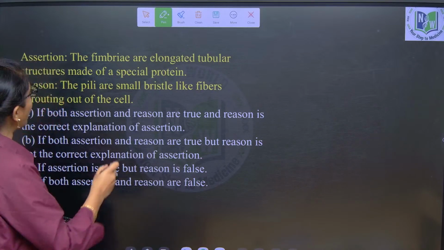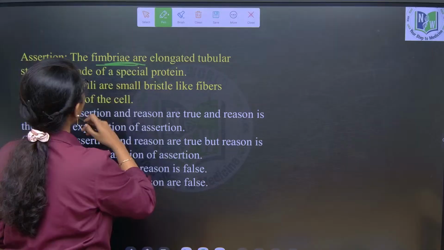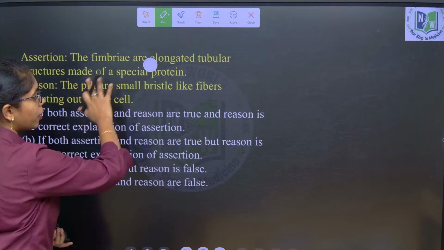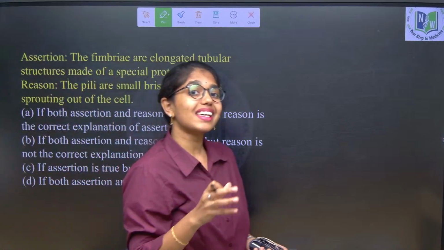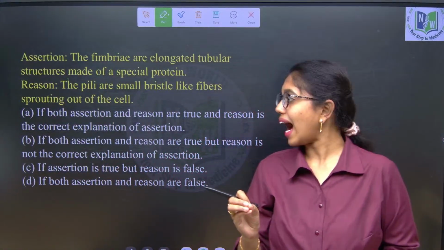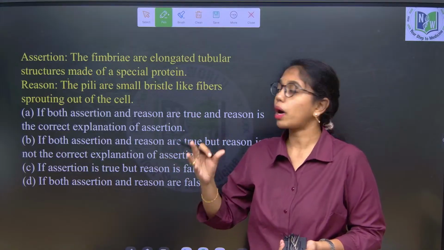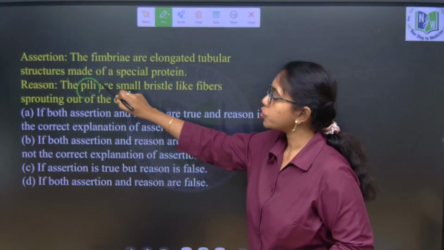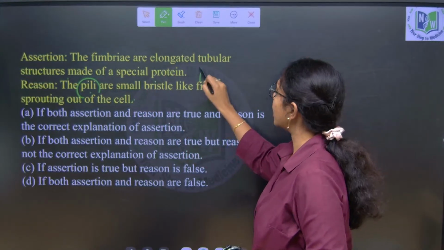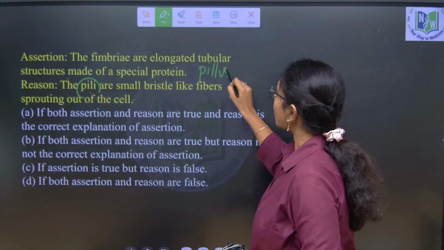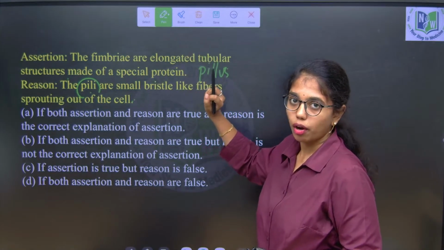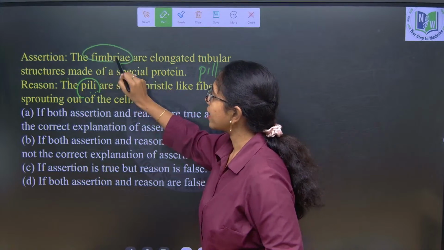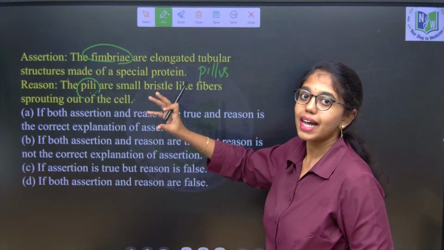So here if you have to see, the fimbriae are elongated tubular structures made up of special protein. Wrong. What do we describe with respect to fimbriae? Fimbriae are bristle-like structures sprouting out of the cell. And pili is the tubular extension which has special protein, that is pilin, the special protein of the pili. So pili is a tubular extension and fimbriae are the bristle-like structures that are sprouting out of